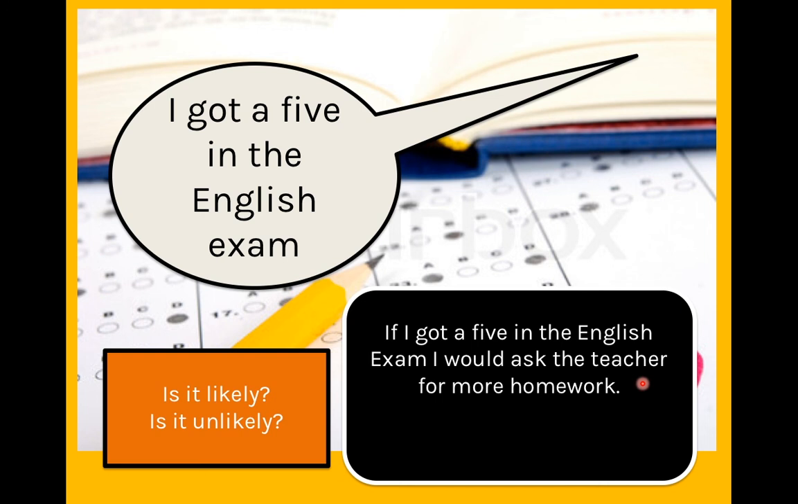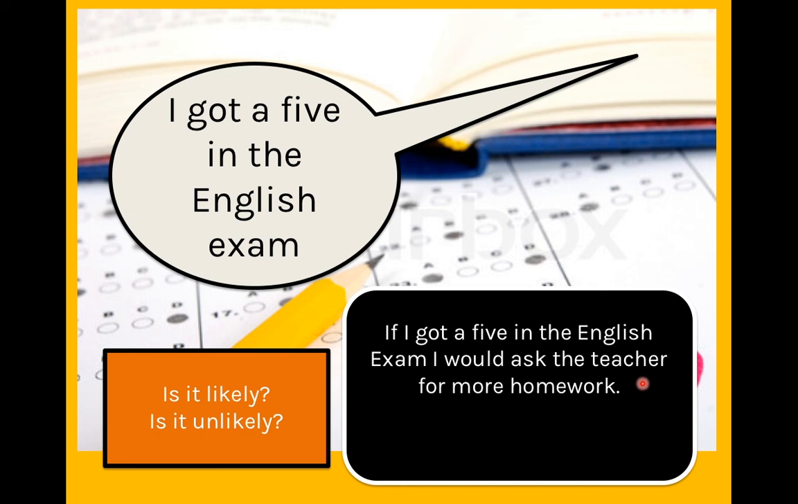So if students were different, if we as students were different, we would ask the teacher for more homework. It's very unlikely that that happens too. It's very unlikely that you get a 5, and it's also very unlikely that you ask the teacher for more homework. And now let's see an example of a sentence in which